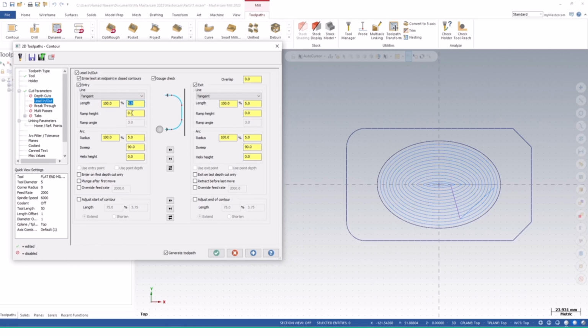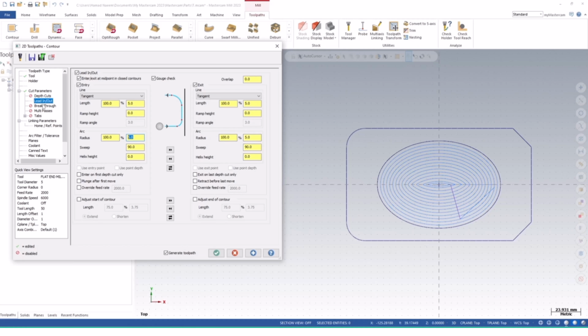which is 5 millimeters. It's all about the diameter of the cutting tool, and the ramp height is 0 millimeter. And the arc radius is 5 millimeter. It will take like this. Okay, so the arc length will be 5 millimeter. And how about the exit? So we selected that the entry and the exit will be the same. So therefore the exit and entry will be the same, and I'm going to show you how it looks when it cuts the